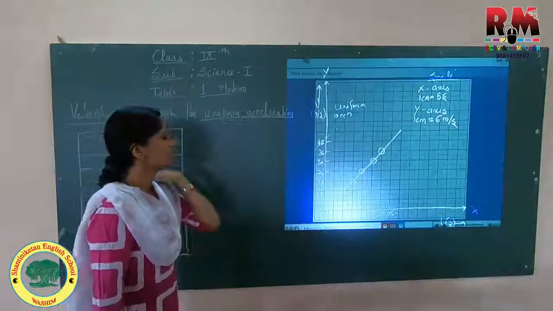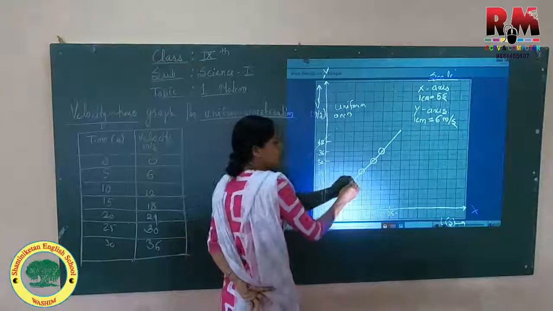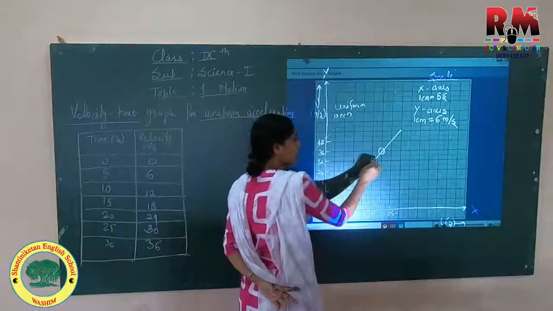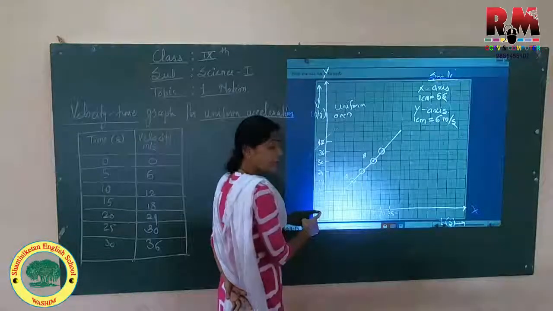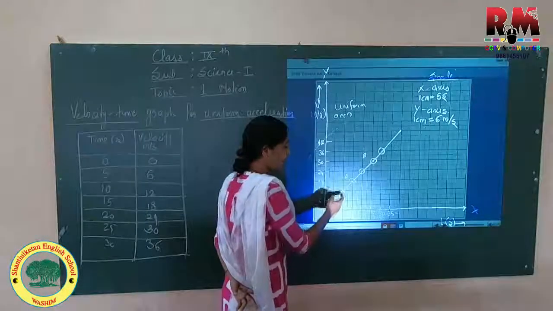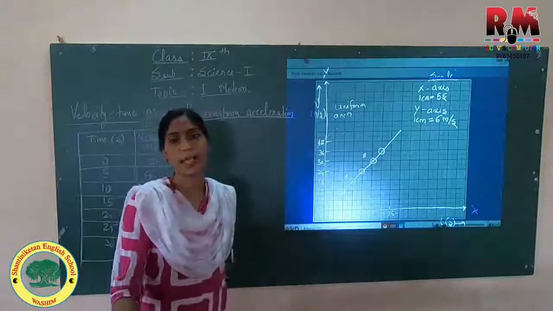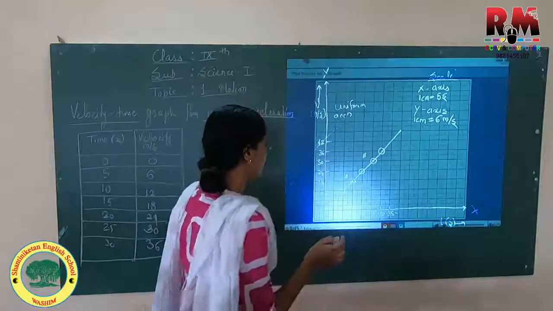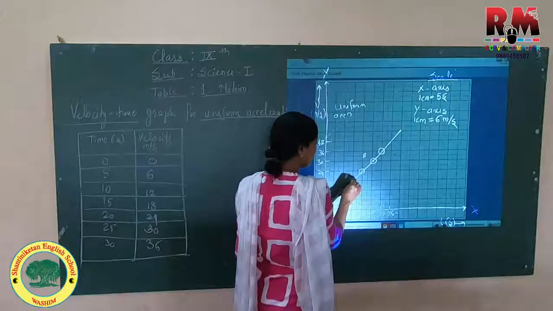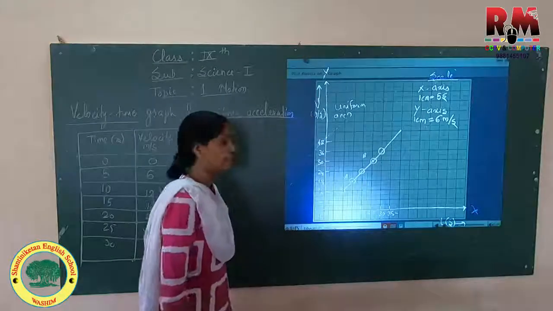Now let us consider any 2 points. Suppose I am taking this point A and this point B. You may label each and every point, children. Here we have O, let it be O, A, B, C, D, E, F. And at any position I can ask you what the acceleration is. Okay, now let us see this. These are the 2 points, one is A, another one is B.